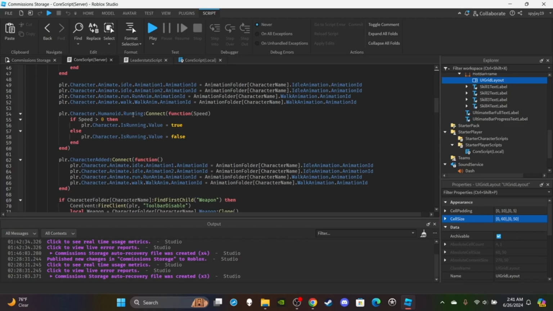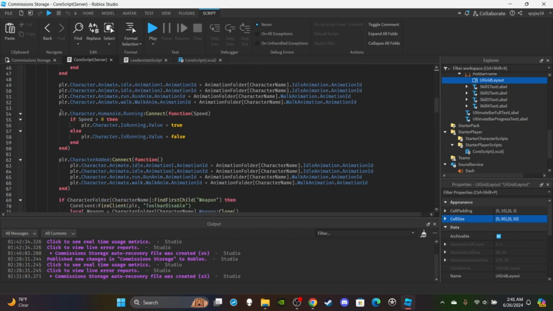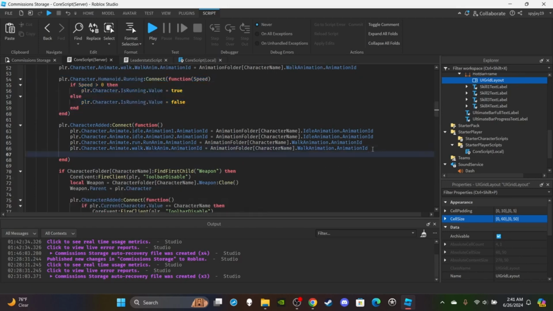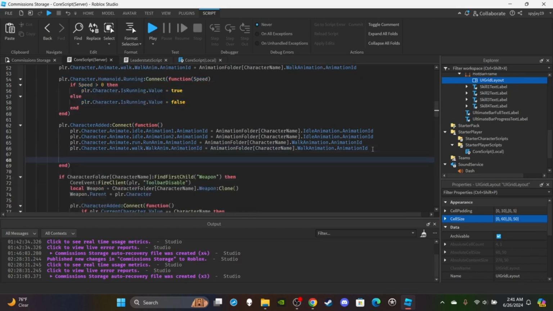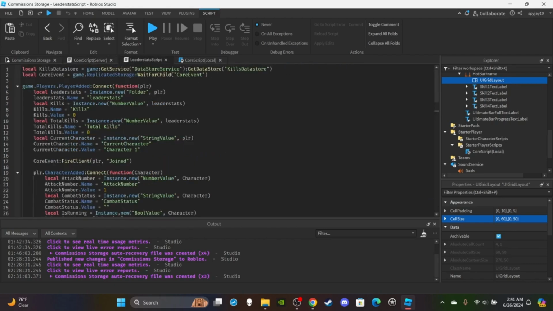They're the ones that actually found this bug with the dash system, where if you reset your character or died or whatever, the dash system would no longer work. That's because this function was only set up for the original character. We didn't put it into the player character added. So you're just going to select all of that, Control C, and then Control V, just paste it down here instead into the character added function, so that it also applies to the future characters whenever a player dies, resets, whatever the case. Then head over to leader stats,